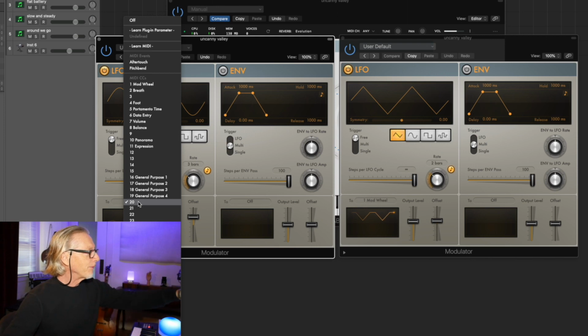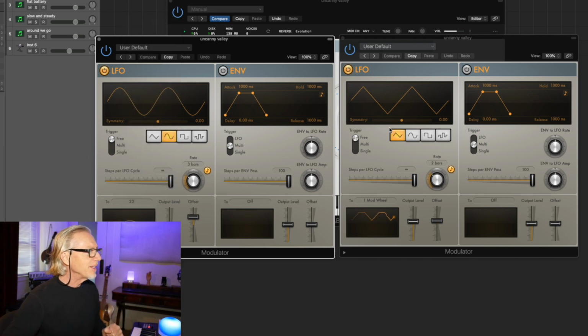And it could be one of the ones that are just perfectly normal, like mod wheel or portamento time, or ones that you can assign randomly for yourself. There are 128 of them, and then there's some unregistered ones as well. Over here, this LFO is just going to mod wheel, and mod wheel is the thing that's normally set to control that slider. Well, now if I play that same chord,